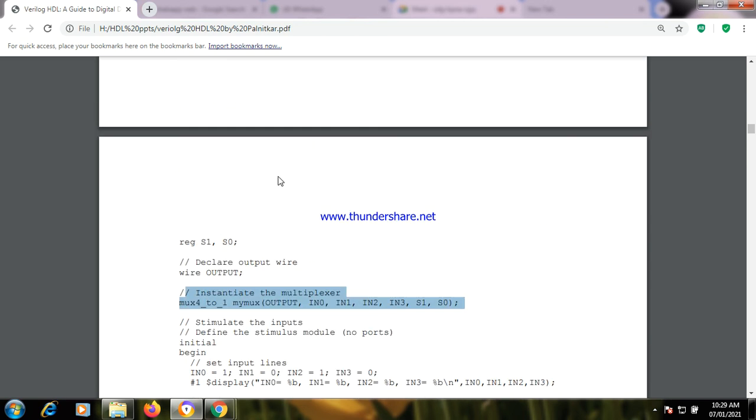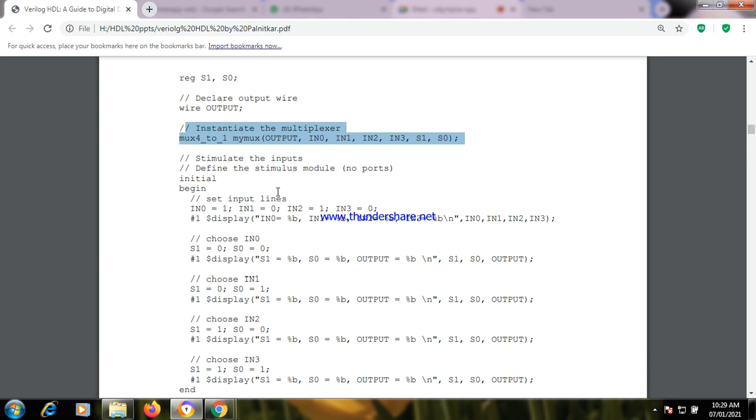So in this 5.6, we are checking the output part, meaning how your output will change in accordance with the select lines. Just check this. These are the stimulus, meaning you are just stimulating the inputs here.